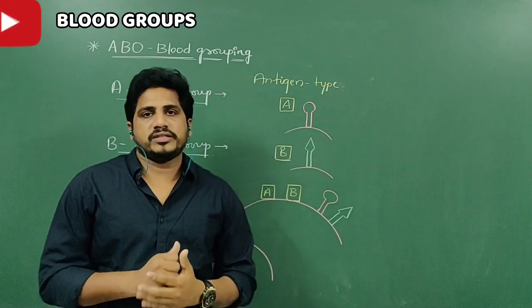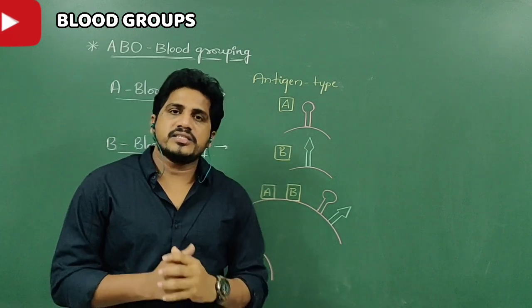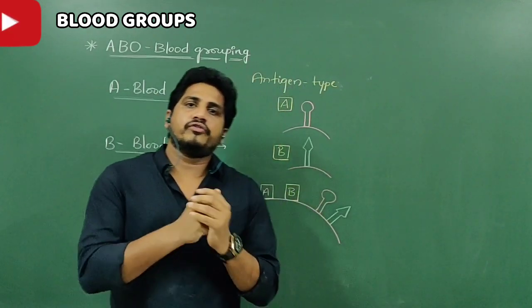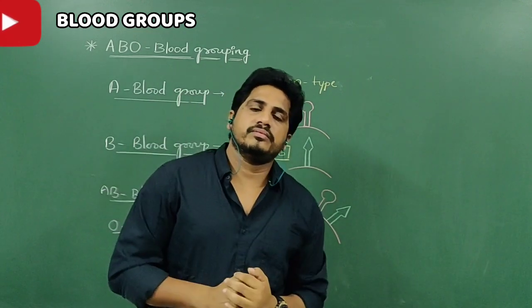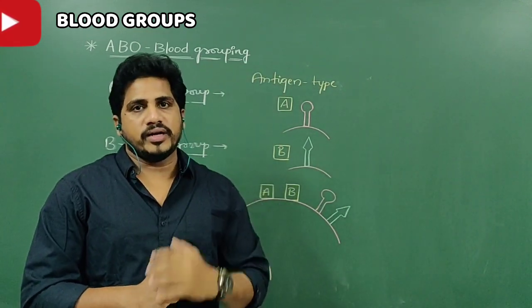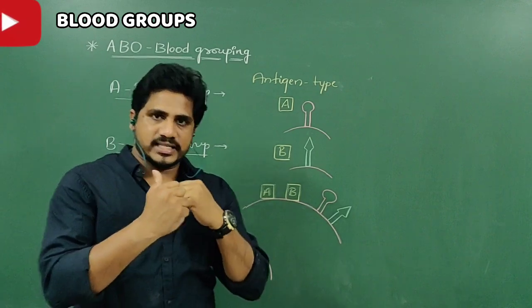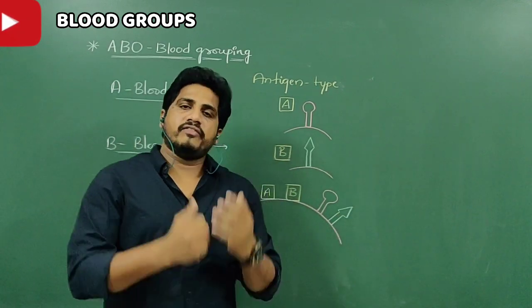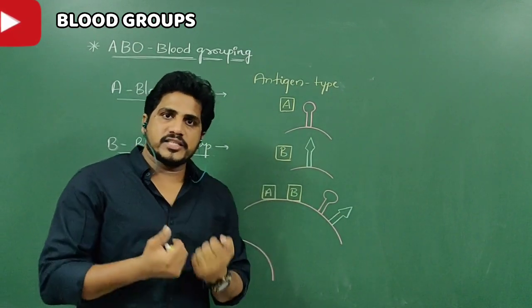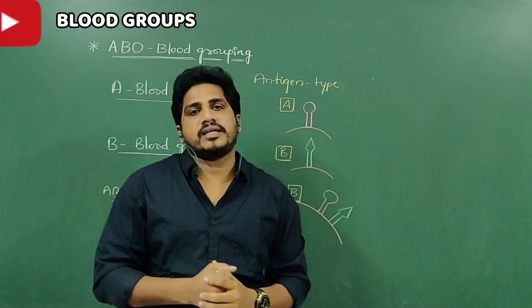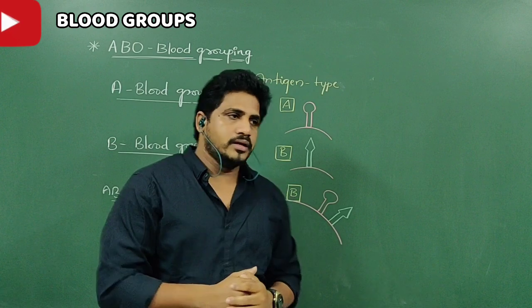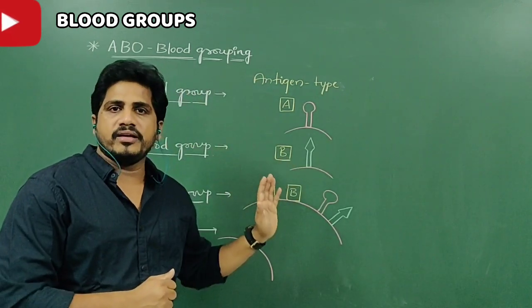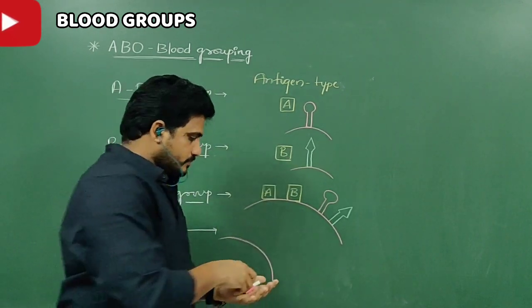What about antibodies? Antigens are playing a very important role in finding out the blood group only. But the antibodies' role is also important to understand whether this blood group is accessible to donate or whether this blood group is accessible to receive from certain blood group persons. Nothing but donors and recipients. So what is the antibody? What is its role? Let us see.